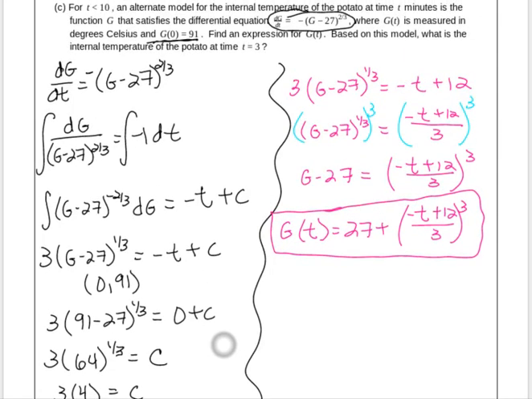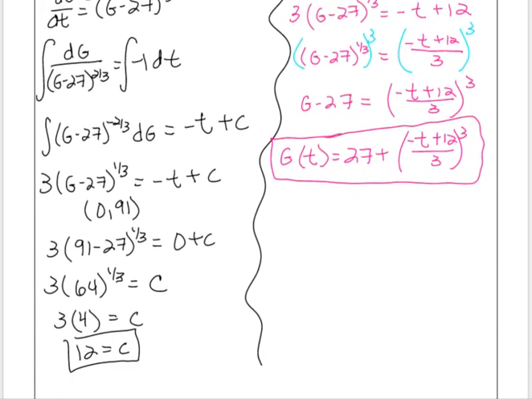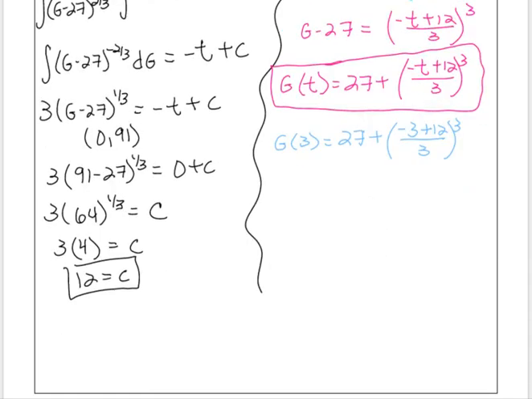Now remember, this was not the end of the problem though. They asked us to find the internal temperature at time t equals 3. So that means we're going to find g of 3 by just plugging it in. So 27 plus ((-3 plus 12) over 3) to the third. And so we get 27 plus (-3 plus 12 is 9, over 3 is 3) raised to the third. And so we get that g of 3 is equal to 27 plus 27, which is going to give us